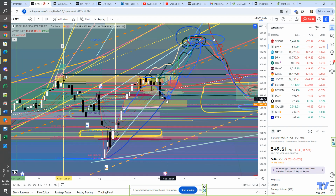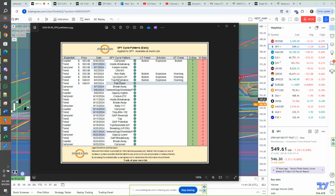I thought that the crush pattern would get somewhat skipped with mild rotation this week on Monday. And it looks like the crush pattern just got delayed into Tuesday. And now everything's pretty much one day delayed this week is what's happening. So this crush pattern I thought would be kind of ignored, and we'd run into these reversal rally, up, down,